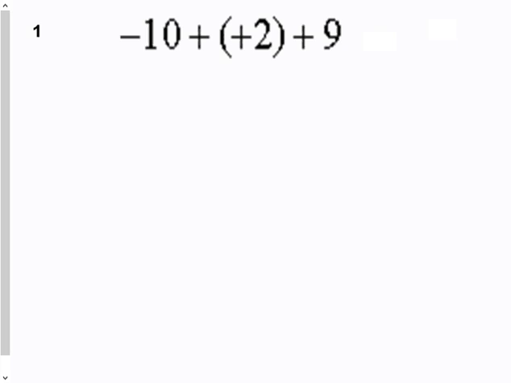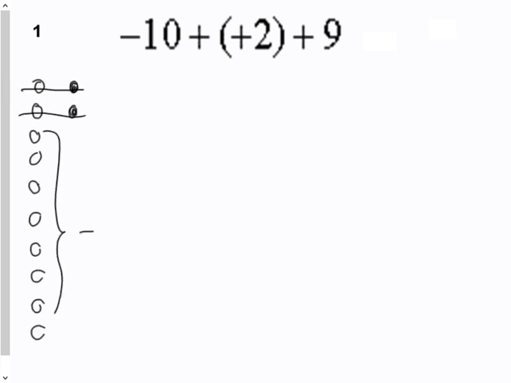Okay, so the first thing you should have done is -10 plus +2. So if you think about -10 plus +2, remember when we used the integer chips or the poker chips? We said 10 negatives, which would look like this: 1, 2, 3, 4, 5, 6, 7, 8, 9, 10, and 2 positives, which would be your solid or your red integer chips. If we had 10 negatives and 2 positives, 1 negative and 1 positive make a 0 pair. Do you remember that? And this one here would be a 0 pair as well. And what we'd be left with is -8. So when we think about -10 plus +2, it's a -8.